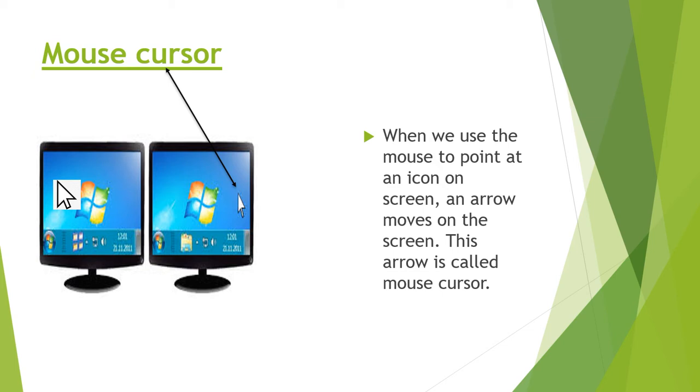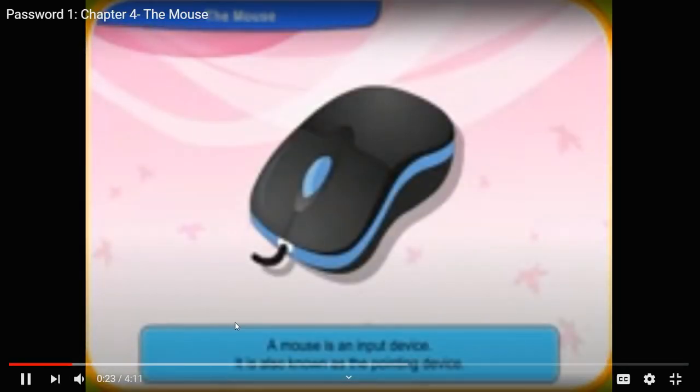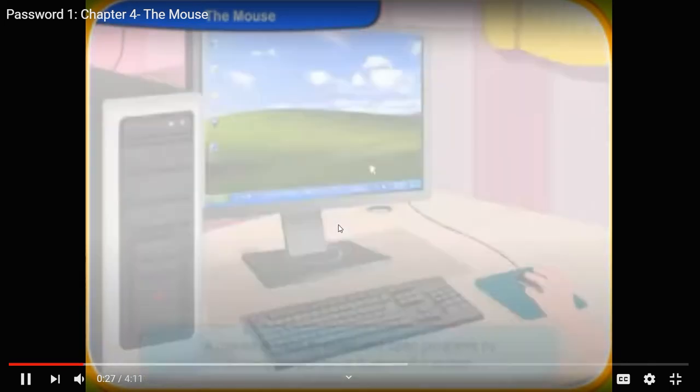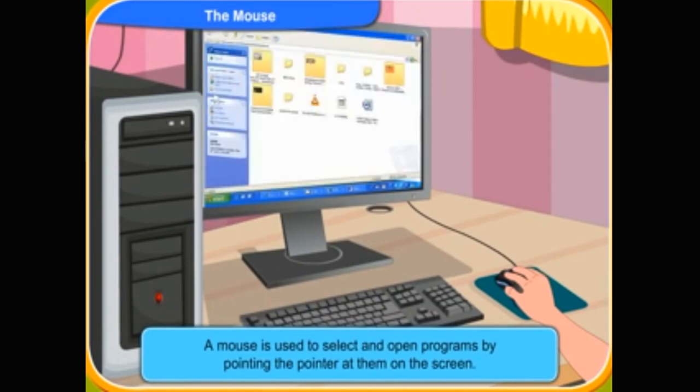Students, now let us see a video to get more information about mouse. A mouse is an input device. It is also known as the pointing device. We use the mouse to select and open programs by pointing the pointer at them on the screen.